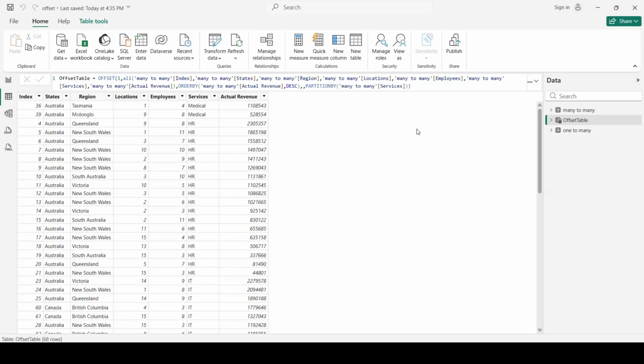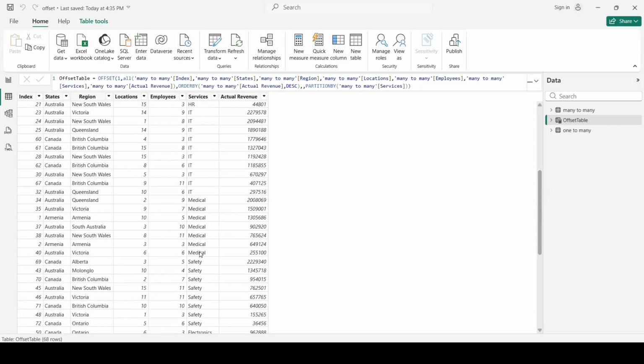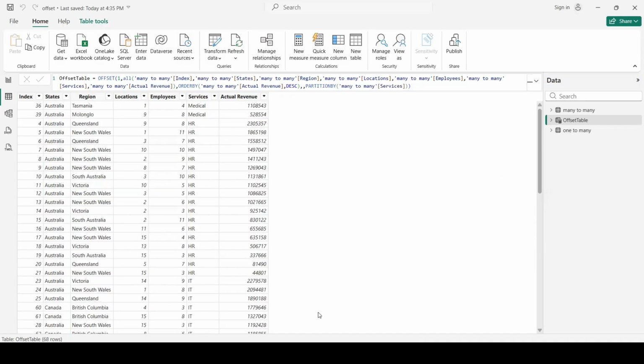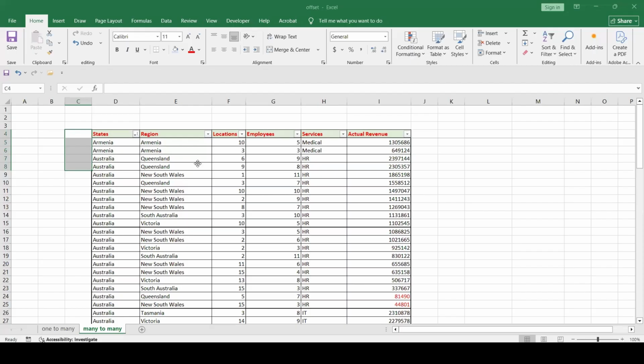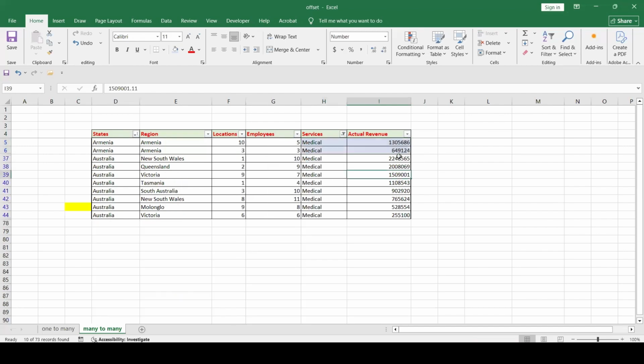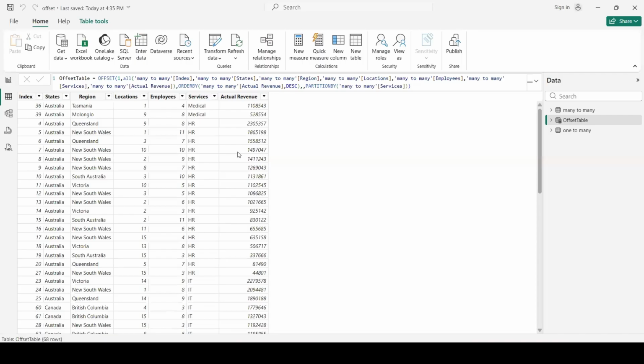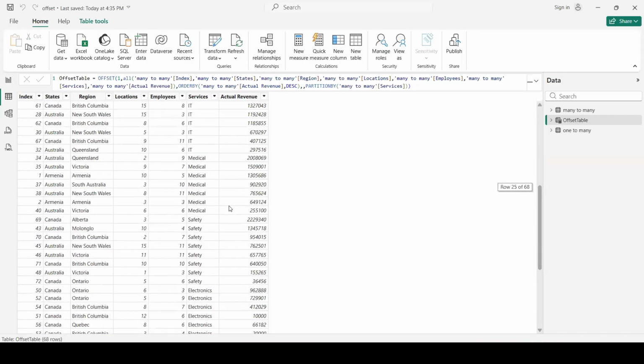So for example, in medical, we have also here medical. The highest value, if we look in the table, should be, let's check, medical. If we just filter this, the highest value should be which one? This one, 2.2 million. This should not be in our table report. 2.2 million for medical. It's only 2 millions and not 2.2 millions.